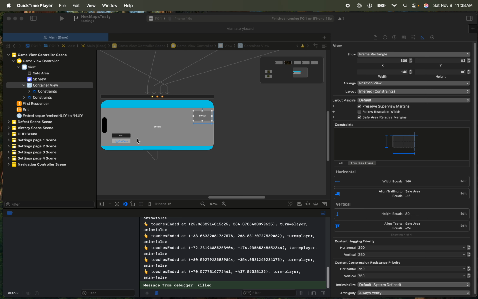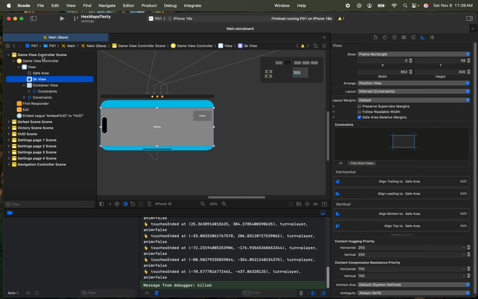I just want to show something. I had a lot of trouble getting panning to work, and one of the things that I had messed up, and I was wondering about this, was that the sample app did not have an SKView inside of their storyboard. I don't think so. I think they were just doing stuff. So I was just doing stuff,